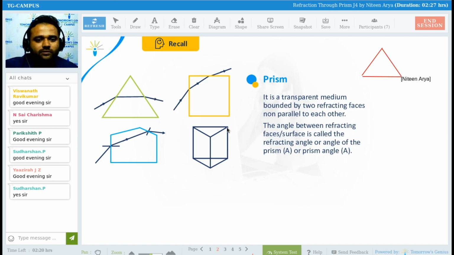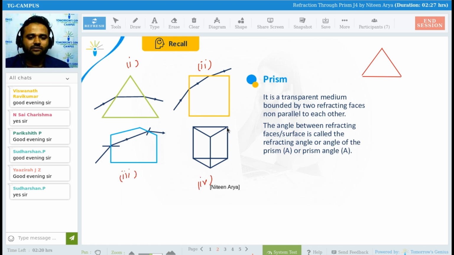We have first picture, second, third, and fourth. So in general, the prism looks like this. There are three rectangular sheets basically joined in this way: first a rectangular sheet like this base, another rectangular sheet like this, and another rectangular sheet like this. So in this way, a hat,